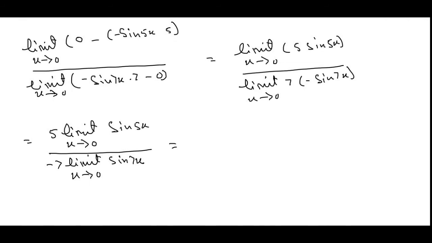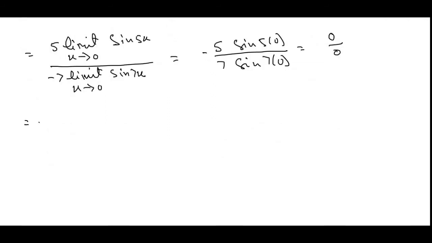Now again, when we apply the limit here, it is 5 sine 0 whole divided by 7 sine 0, and it will be again 0 over 0 form, because the trigonometric value of sine 0 is 0. Now again, applying L'Hopital's rule,